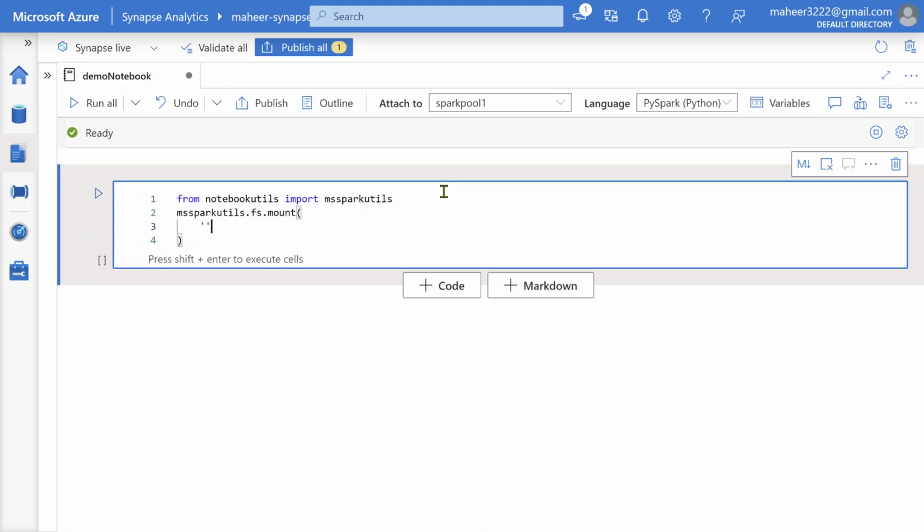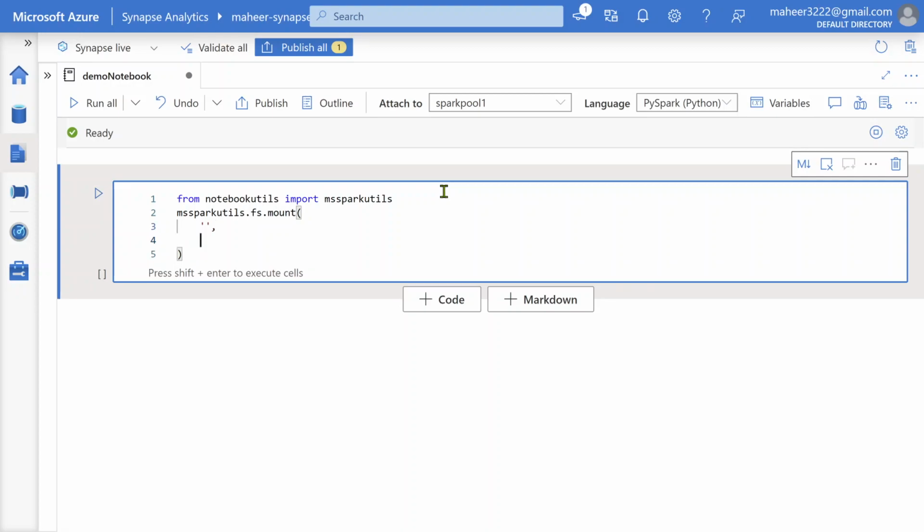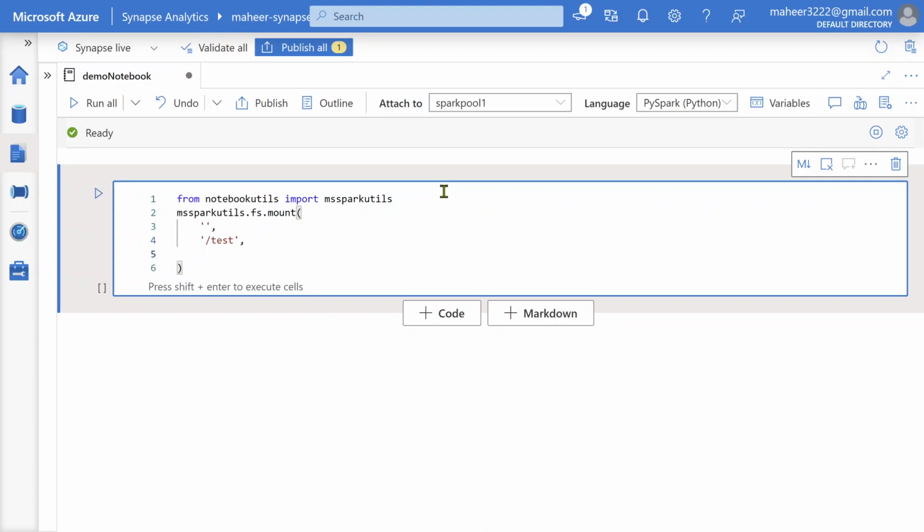The first parameter is going to be the storage path which you want to mount, and the second parameter will be the name you want to give for your mount point. Maybe this is the name I want to give for my mount point. The last parameter is going to be a dictionary in which you need to mention whether you are going to create this mount point using a linked service or account key, whatever it is. As I said, in this video I want to create the mount point using account key. So I can use accountKey, and the value for this has to be the value of